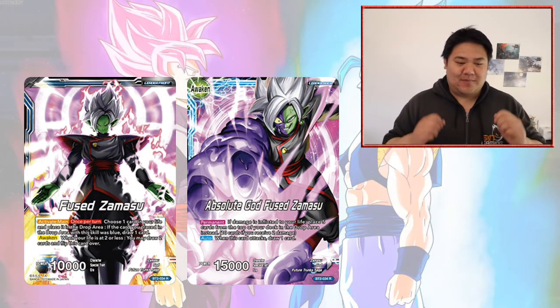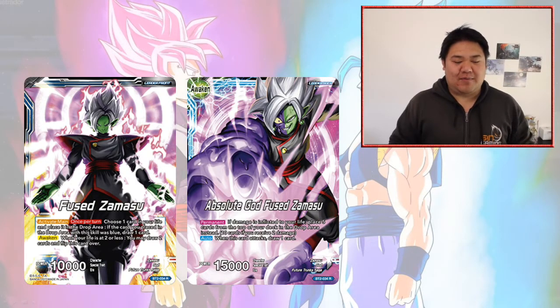On the front side is: Activate Main, choose one card in your life and place it in the drop area. If the card you placed in the drop area was blue, draw a card. So this isn't a particularly amazing skill. If anything, its only relevant ability is to simply get rid of cards from your life area and get you close to activating. This card's relevant ability is probably to get itself from 3 life to 2 life,